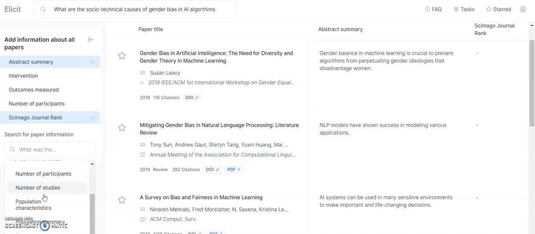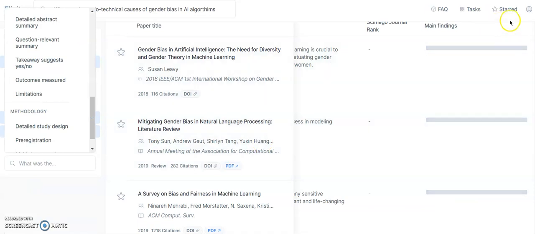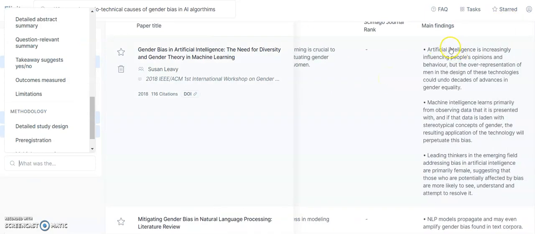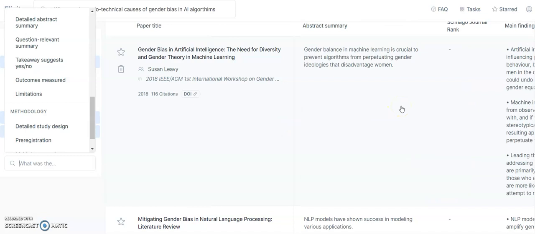But you can see there's all sorts of other options that you can use. I also quite like to have what the main findings were. And each time you add one, it just adds another column to the right, and the AI will generate it. I can use that to decide whether this will be a good article to choose. So I can see from the citations, and maybe it's not an upper quartile journal,